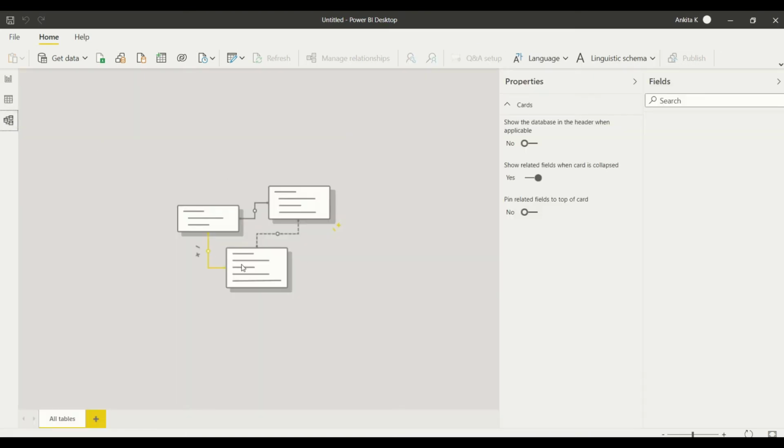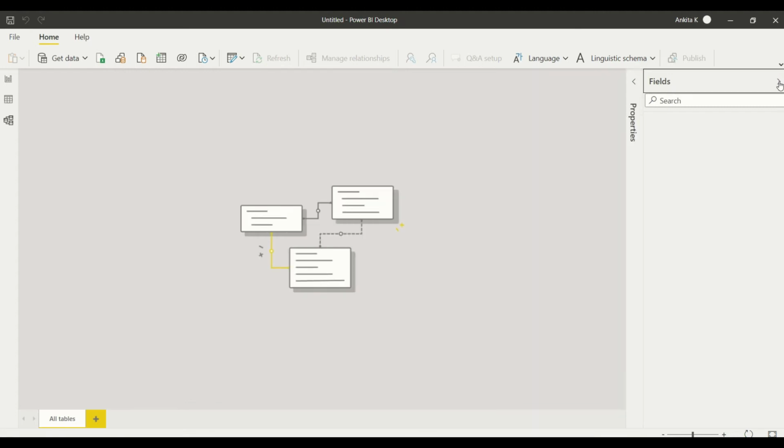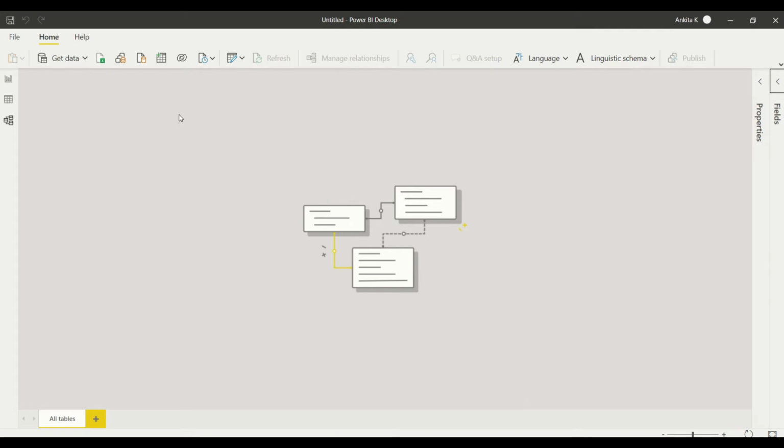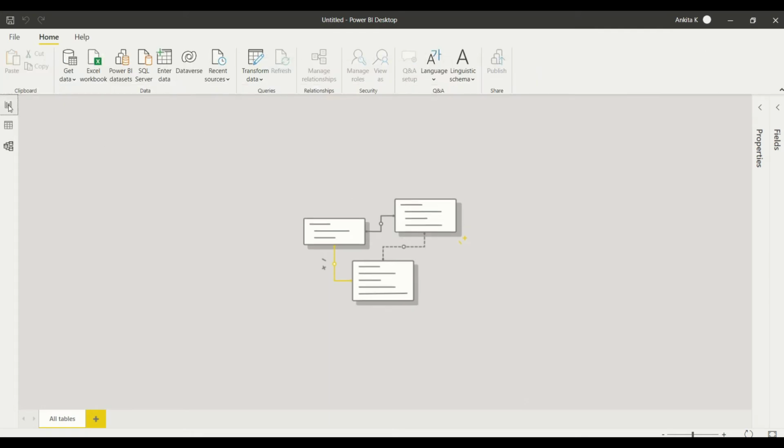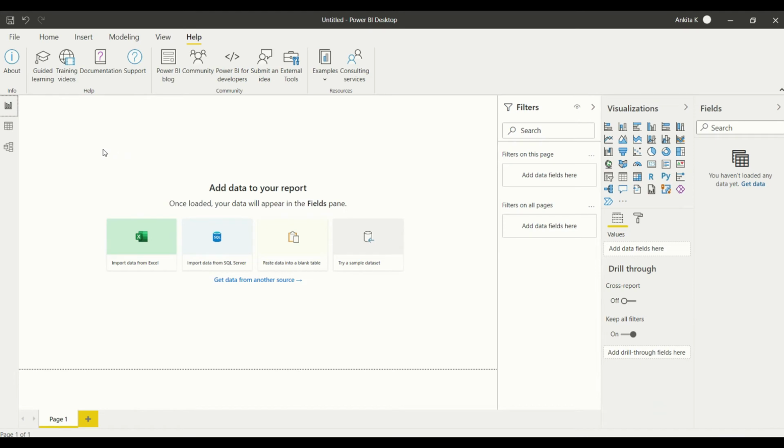And if there are multiple tables, it gives you the flexibility to connect these different tables and pull in the data for visualization from different tables as well. We'll dive into these in the next couple of videos that we'll be coming up with in the next weeks. So going back to the original screen, which you see once you open the Power BI desktop app.